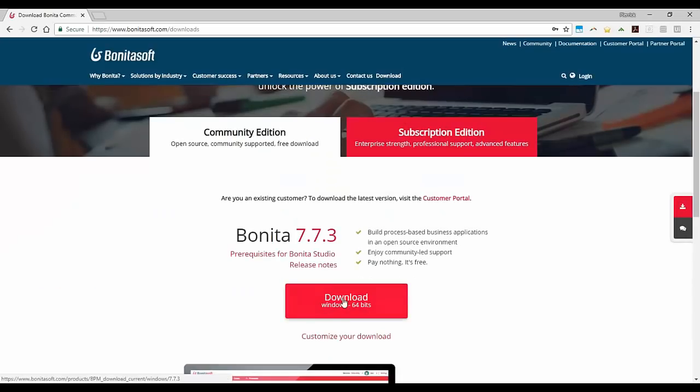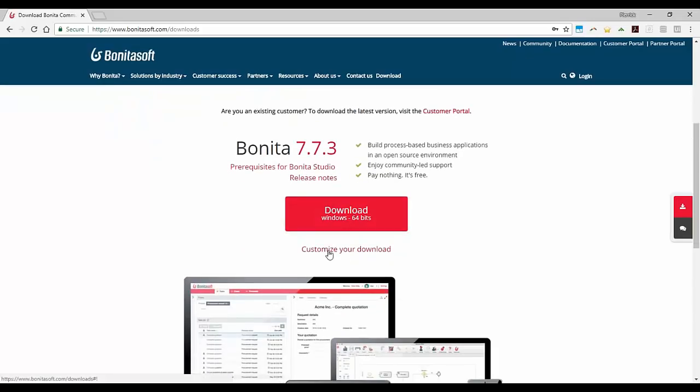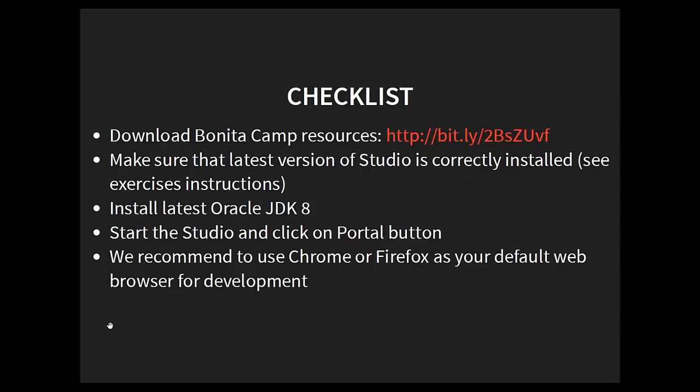But basically, you can download directly from this link here on Windows 64-bit, so that's why I would be able to do that directly here. But if you have something like Linux or something, you will be able to customize your download and then have the right version of the installer. As soon as you have it, you can just install. This is like an Eclipse to install.